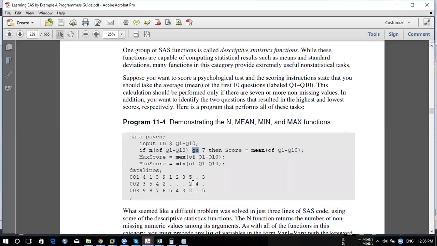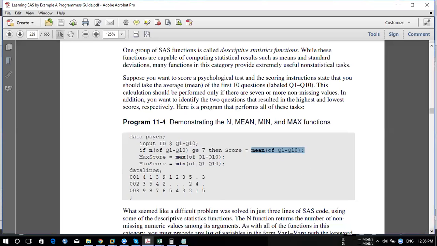Let's say people are paying a premium, and let's say they pay quarterly. If you say the condition, if n from quarter 1 to quarter 4 is greater than 3, then we are going to calculate the mean of that, how much on average he paid, or something else. So you can try like this. Here we are trying to find out if the present count is more than 7, then do this calculation. Getting it? If not, we won't do it.